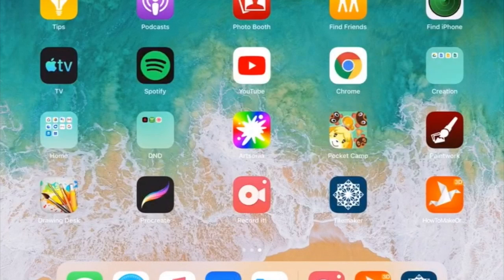Today's application and art resource just needs some pieces of paper, possibly some scissors, and some coloring supplies like crayons or colored pencils. You might want to stay away from markers for this one, and I'll let you know why in a second. What we're going to be doing is looking at an application that shows you how to fold